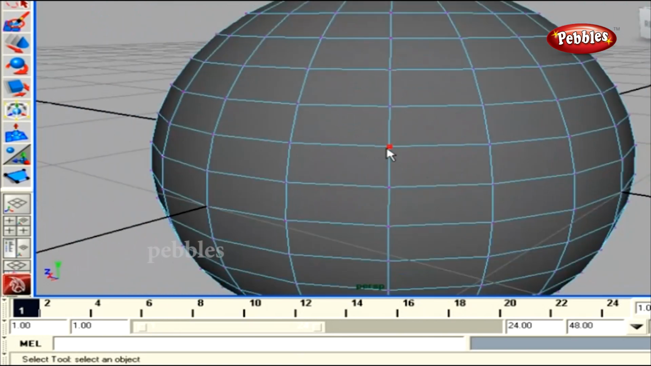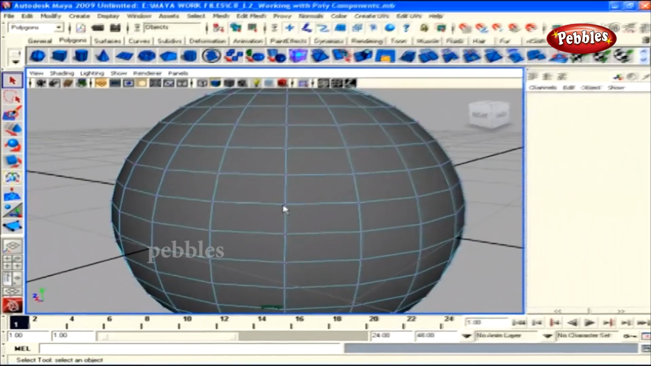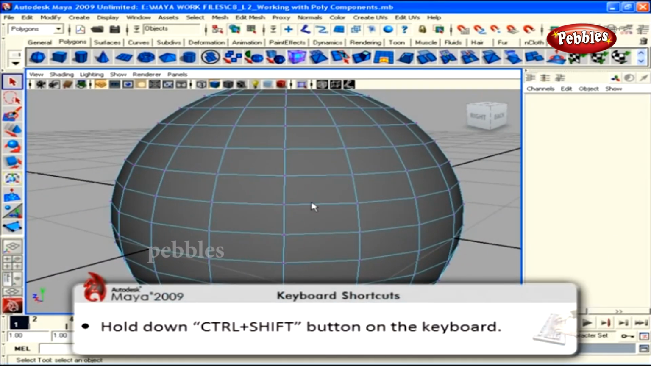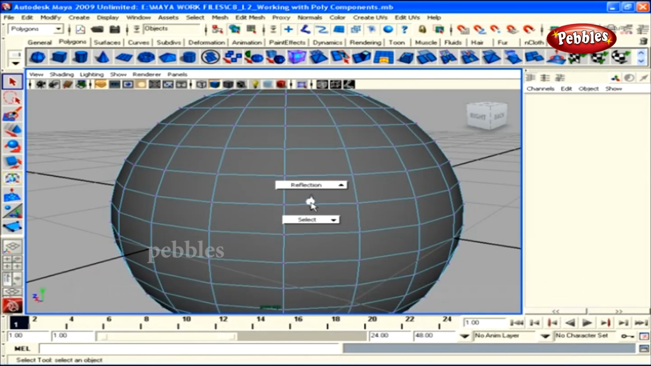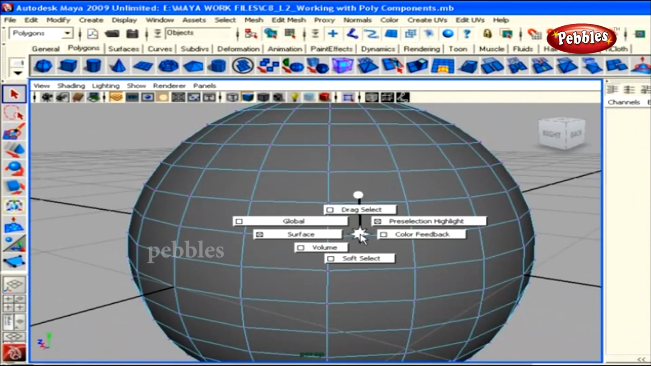It's the pre-selection highlight, which is nothing but it denotes to the user that the vertex is ready to be selected. Now if you don't get the red color, as we got, with Ctrl and Shift held together on our keyboard, right-click anywhere over the interface region, and here we get a couple of options. And when we go to the select option over here,